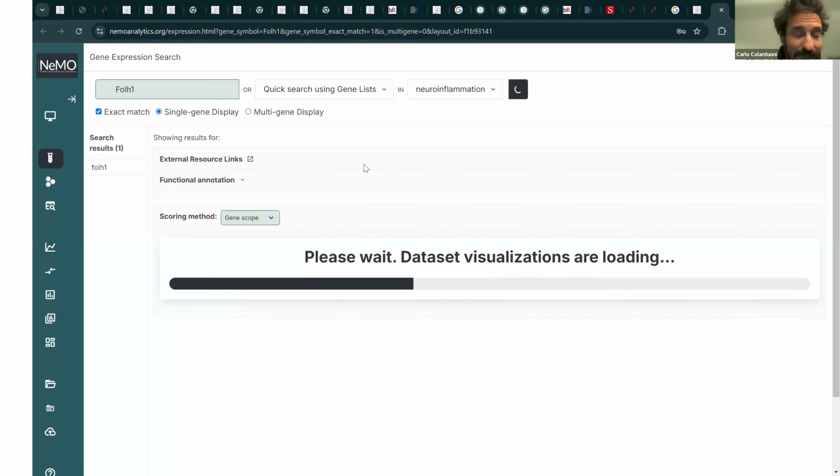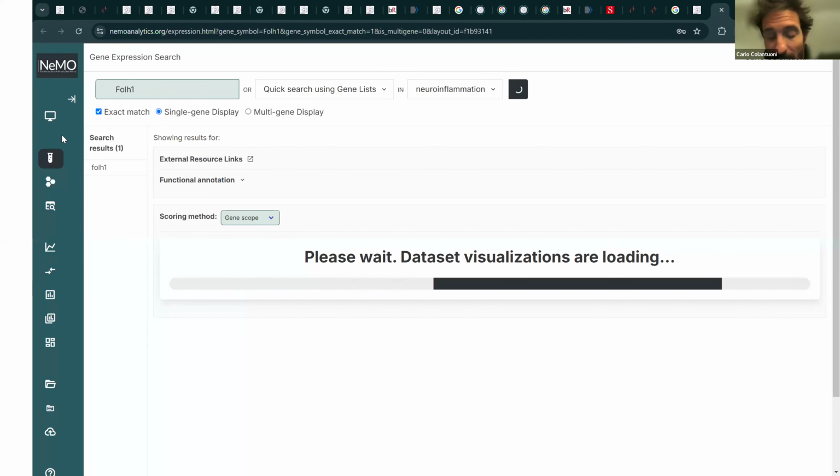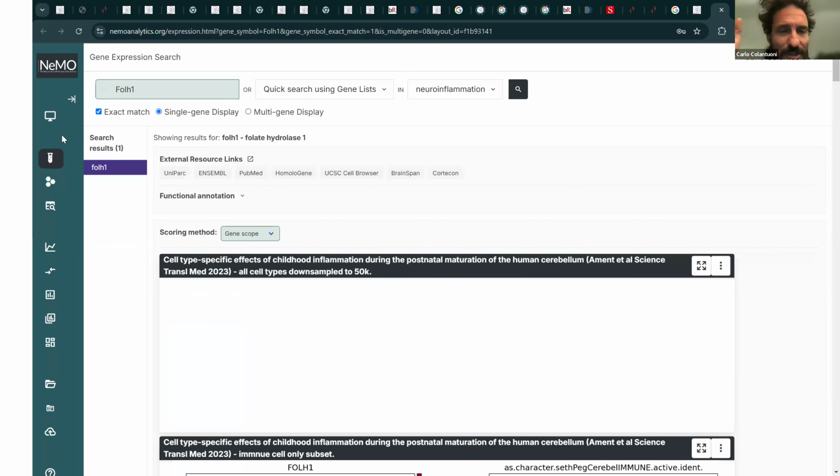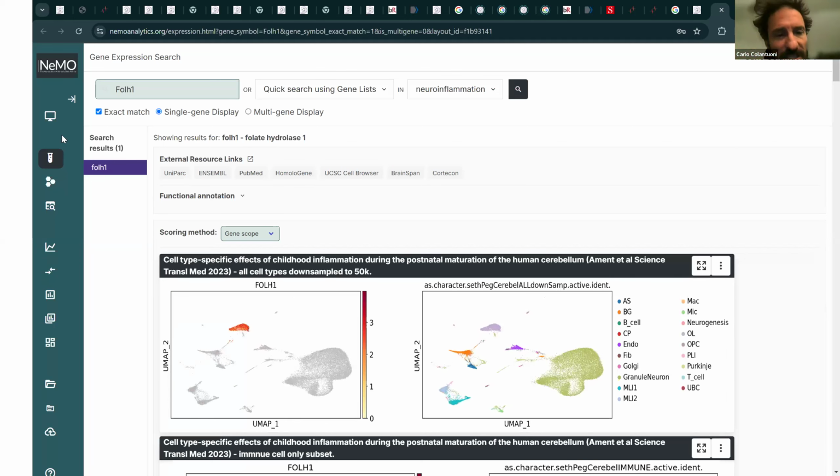What is the name of this gene? It's folate, what is it? It'll come up here. But this is the gene actually that Dr. Barbara Schlusser sent me because I asked, well, what kind of genes are people interested in? I want to show something of interest. So this isn't a whole story, but this is just to say, even if you don't have some crazy decomposition or experiment done, you just have a gene of interest and you want to look at it across data sets